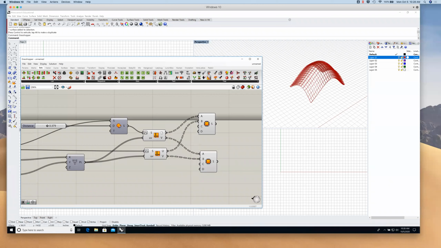What's nice is that if this was just one big list instead of a data tree, each object is on its own branch in a data tree, each output. And so what happens is it takes the first branch from here and the first branch from here, matches those up, makes the surface, and puts it in its own first branch in the data tree out. If these were all just one big dumb flattened list, then it would take all of these in order and try to match them all up with each other, and the same with the other one. So this is where data trees become really useful in organizing our information,